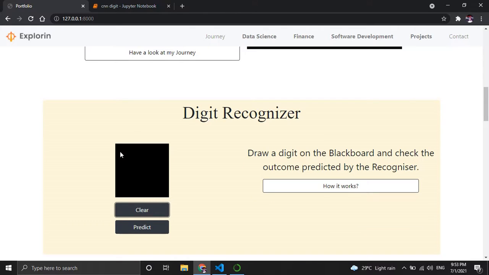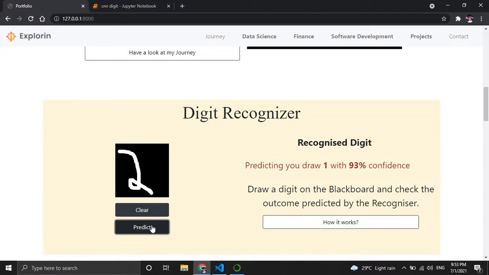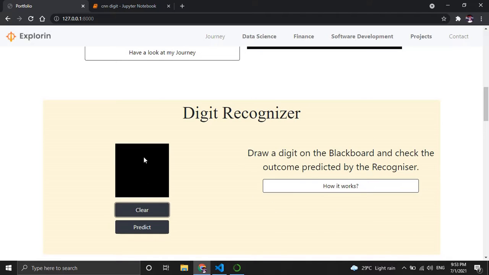Let's see something else. Now we can see that we have drawn 2, but the prediction is 1, which is wrong. So this model gives us wrong predictions also.